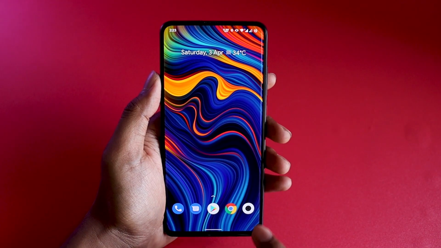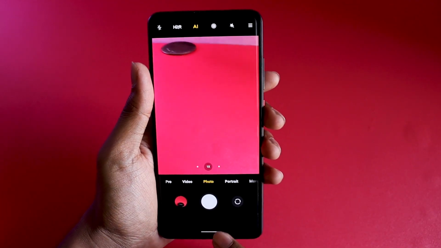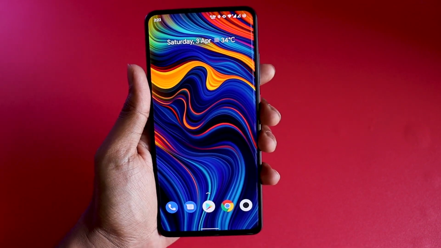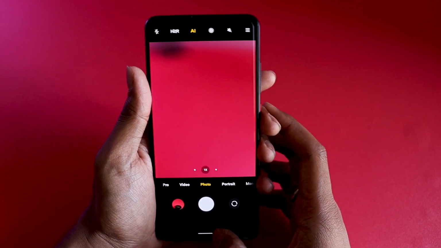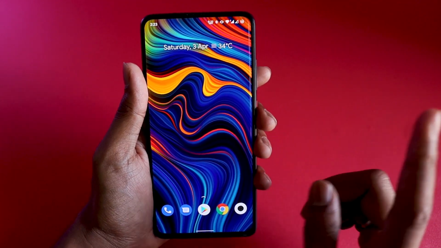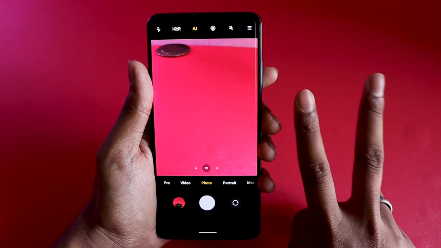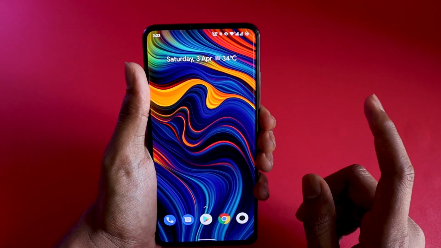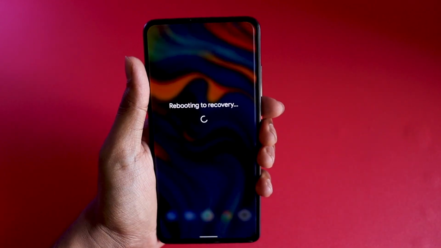One interesting thing about this ANX camera is, for some reason, if you want to uninstall this camera, you have the option to uninstall it the same way that you installed it. So basically all you have to do is take the same zip file that you used to install this camera, go to TWRP and flash that again. If you flash that zip file once, it will install. If you flash the same file twice right after each other, it's going to uninstall. I'm going to show that too. So let me quickly boot into the recovery and show you how it is done.